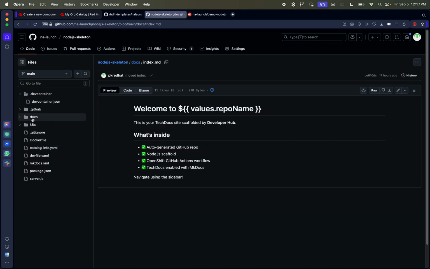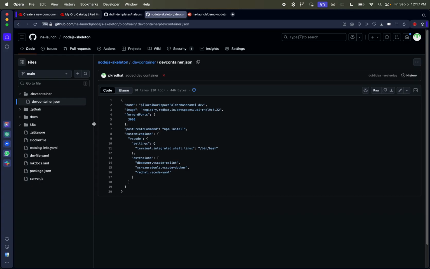And then finally, the dev file has been created here, but I've also created a dev container file because I want to edit this in GitHub Dev. I want to have the option of doing it in Dev Spaces or GitHub Dev. So I've added a devcontainer.json file so that this can be edited in GitHub Dev as well. I do have this .github folder, and under here I have my workflows,